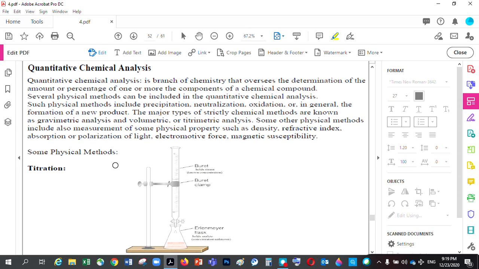Gravimetric analysis, titrometric analysis, which is titration, and then elemental analysis, which is using combustion reaction. We combust the sample. So let's look first at titration, or titrometric